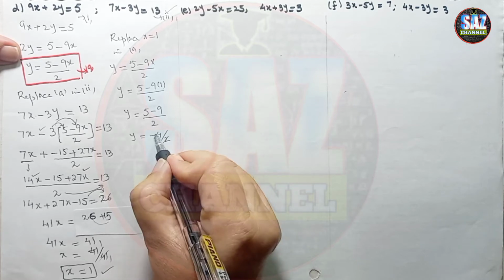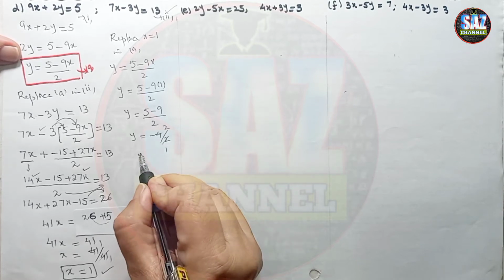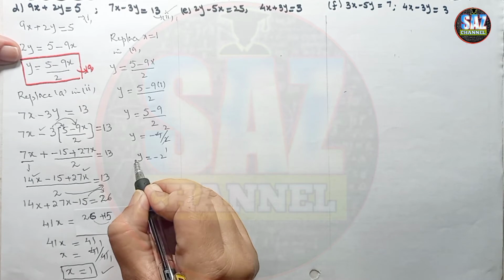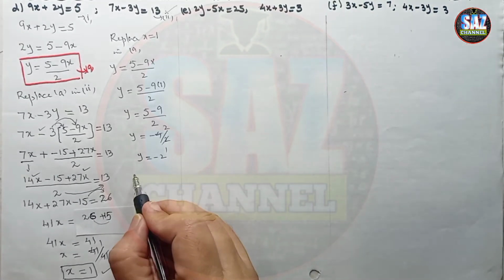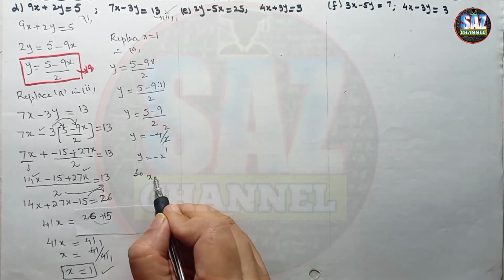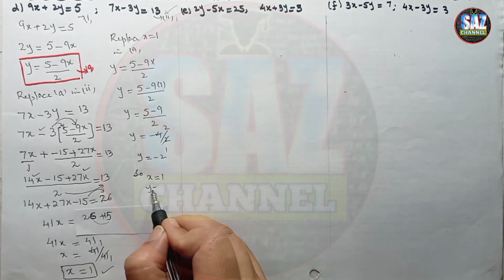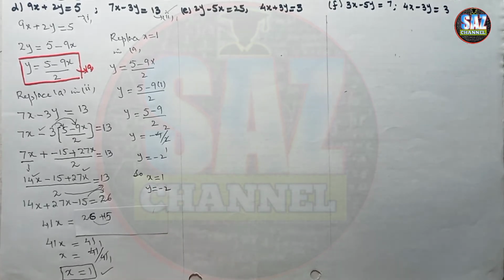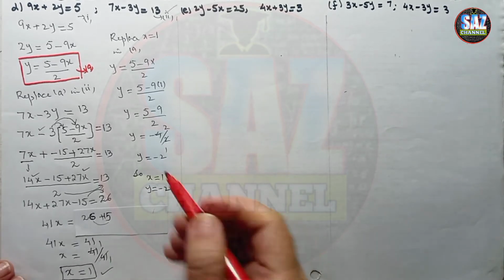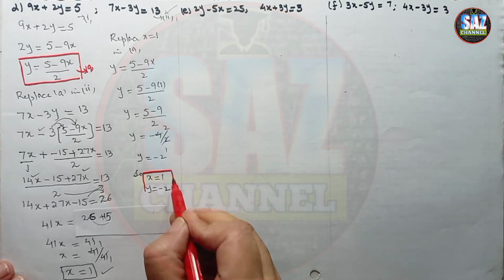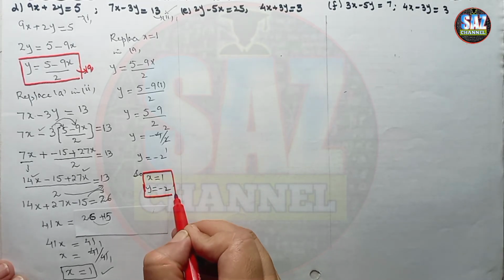2 ones are 2 and 2 2s are 4. So the value of y is minus 2. So the solution for this question is x equals 1 and y equals minus 2. I hope you are clear about this question, and let's move to the next question and first read the question